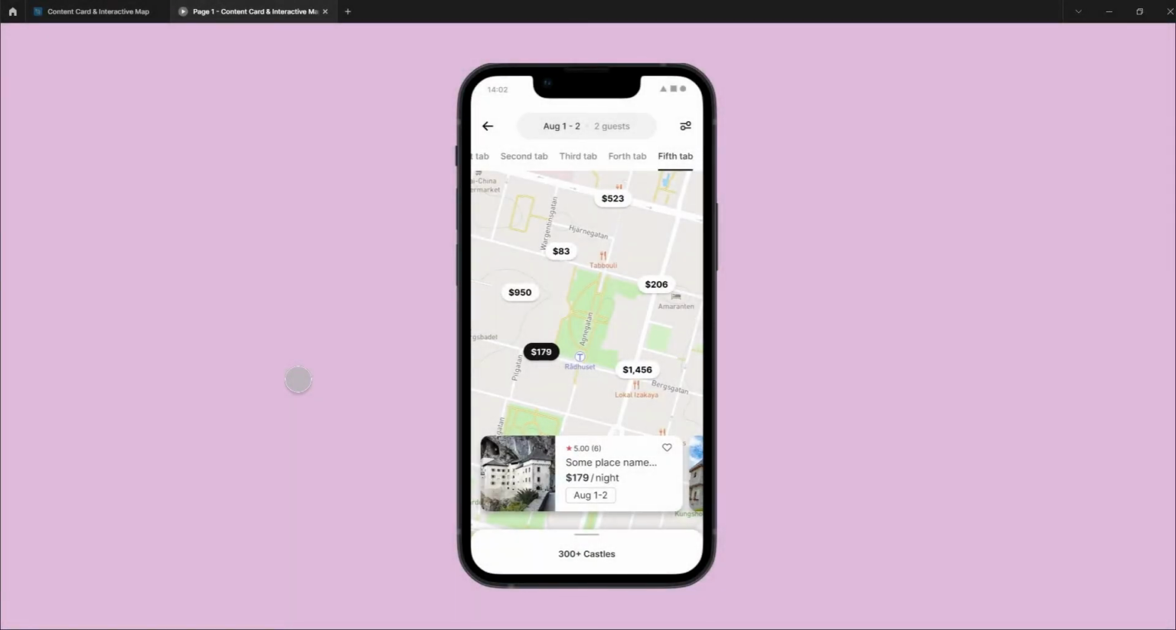Hi guys, today in this tutorial we are going to create this beautiful interactive map. We will start by building this content card with an auto layout, make it as a component of course that we can work with later on. We will build these chips as interactive components, simple one but of course very functional, and we will do the